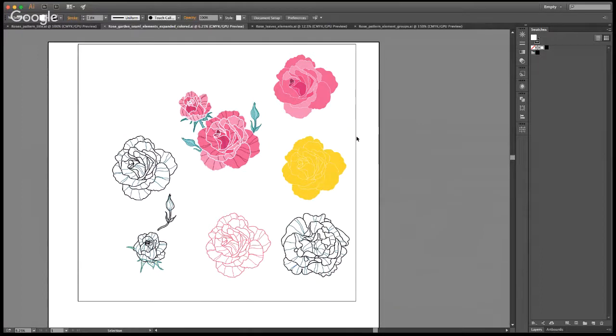Okay, so going right into it, these are the elements that we created in part 1, which I will link right here. We were creating a few different versions of roses based on the photos, and I explained my reasoning behind why to create different types and how to structure and plan your elements. My main message is that you need to think of your elements as